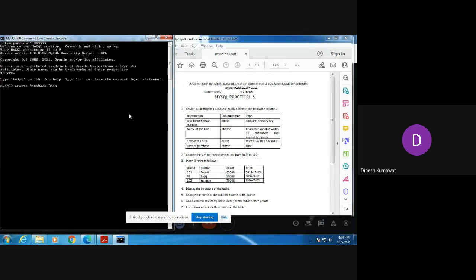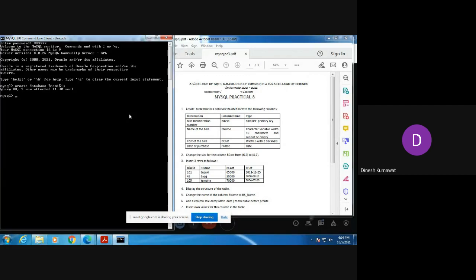So let me enter 151 as the database name. For completing this statement, you need to give a semicolon at the end. Now I am pressing enter. Now you can see my database gets created.